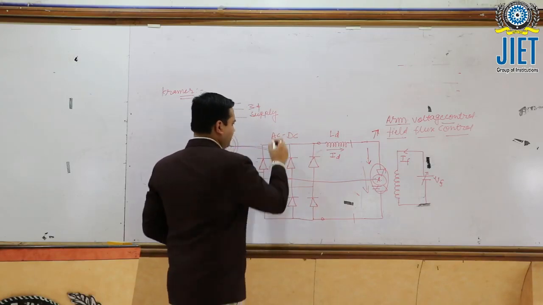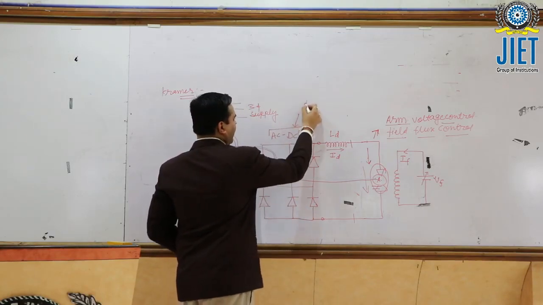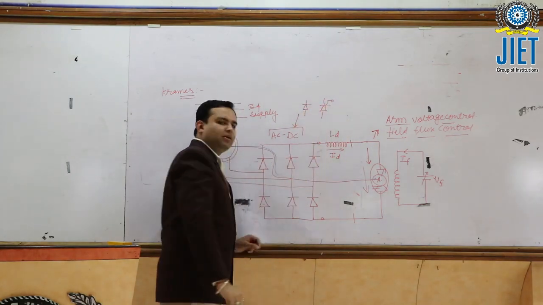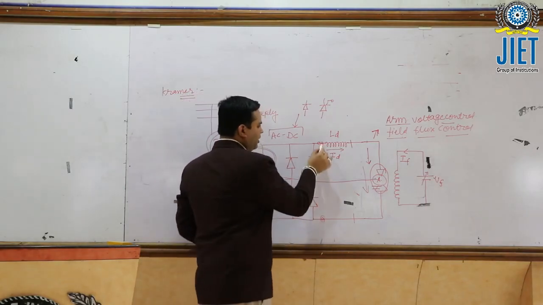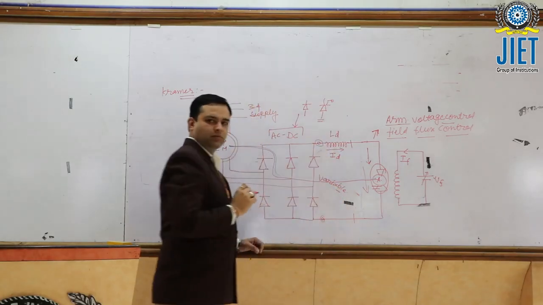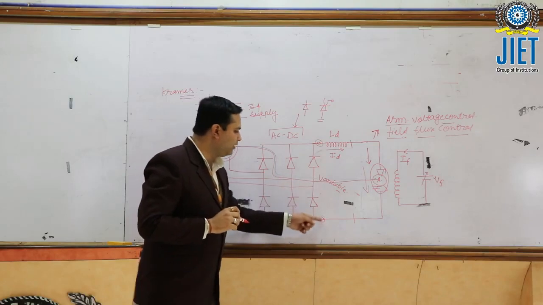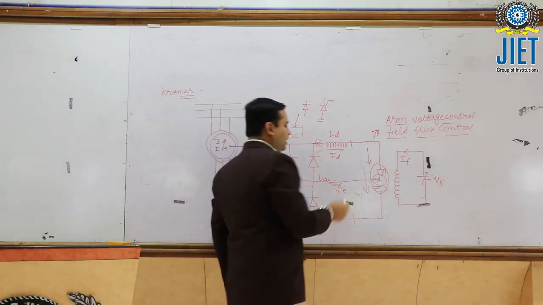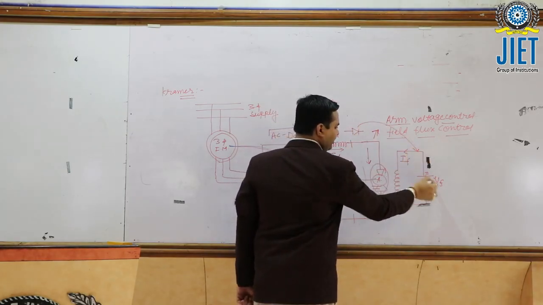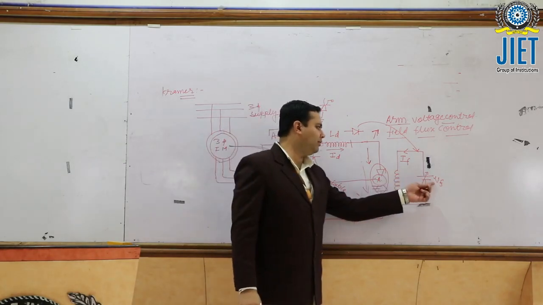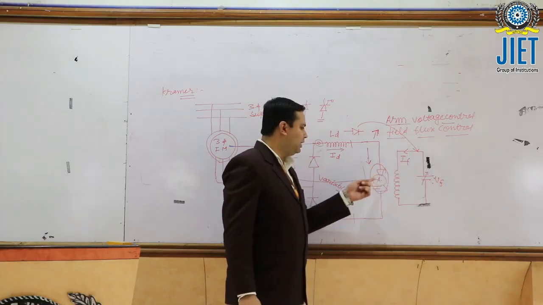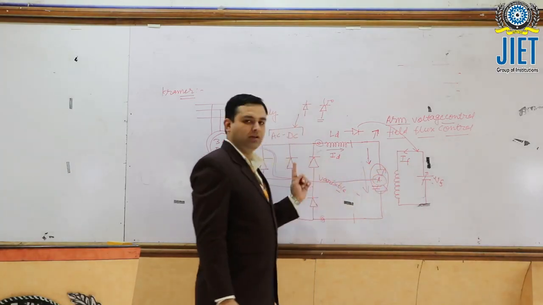Now, there are two configurations: we can connect a diode bridge or we can connect a thyristor bridge. If we are using a thyristor bridge configuration, at this point we obtain a variable value of DC. If we are using the diode configuration, a fixed value of DC is obtained here. That is the reason, if we are using the diode, this VF is to be changed. After changing the value of VF, the value of IF will be changed, and if the IF value is changed, then the armature side speed will be changed.